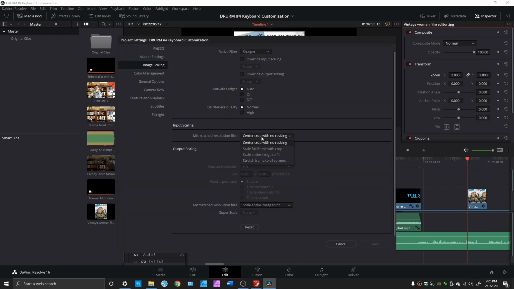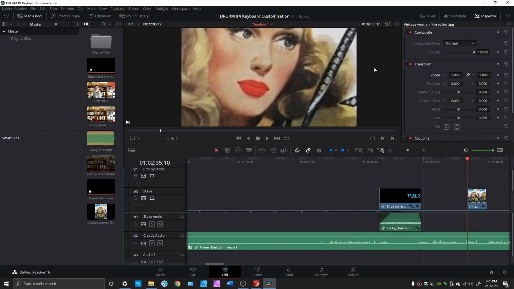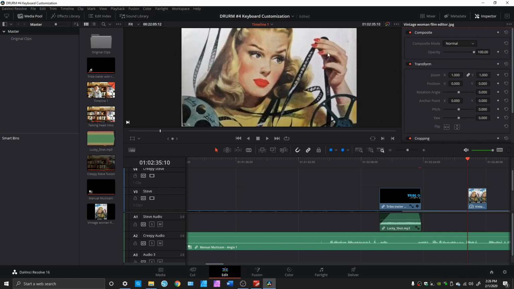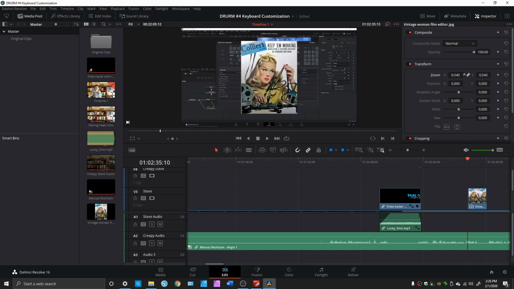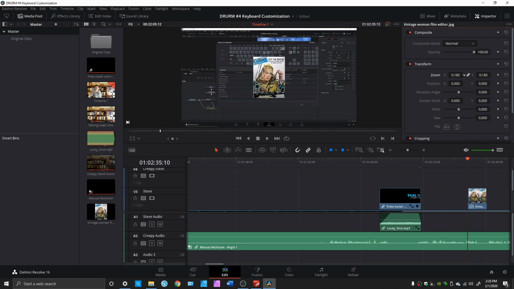If we choose scale full frame with crop, what that does is it takes the shortest side, which you can see is left to right. So basically this is exactly how wide it is, but now because it zoomed it to that extent, we can't see how tall it is. We have to zoom up and down just to find it again. Now if we jump over to